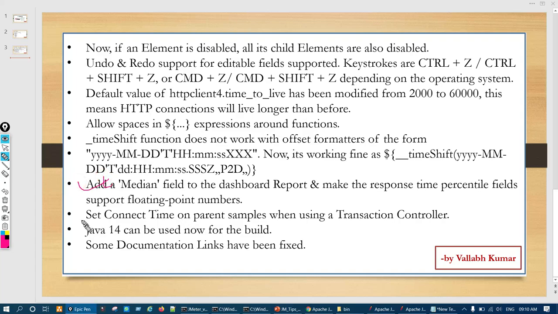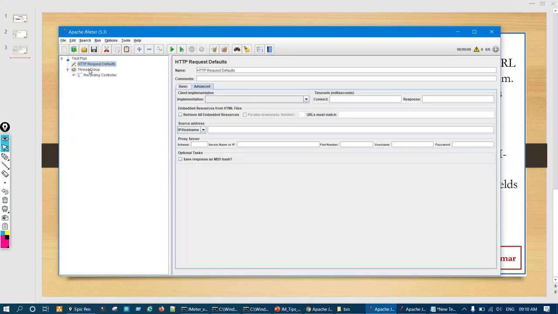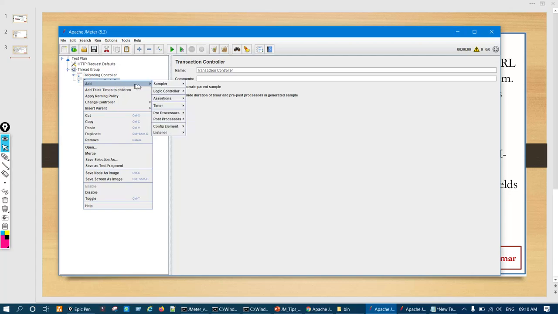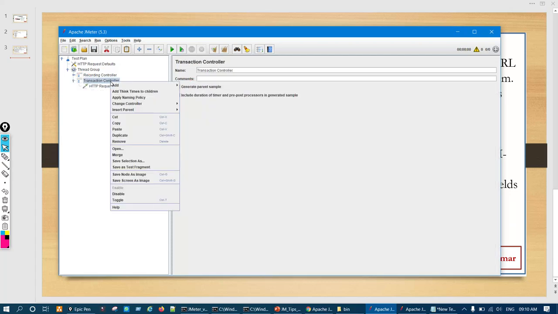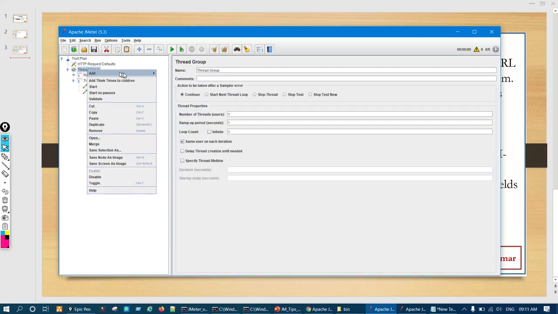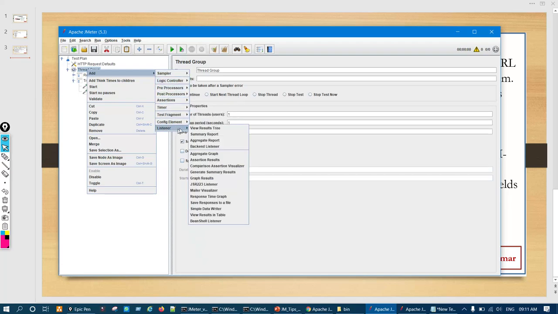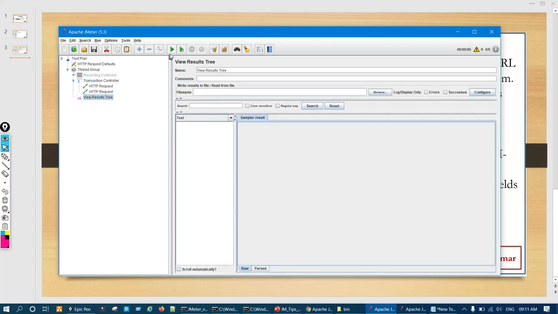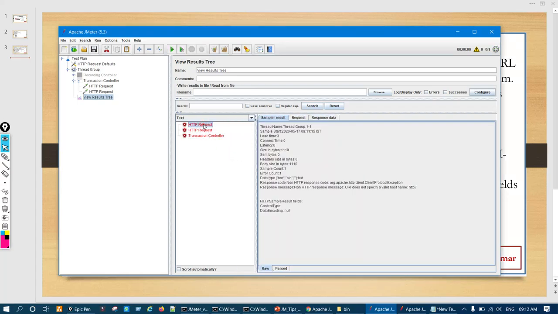Then coming to the next enhancement: connect time on parent sample when using the transaction controller. Earlier, if you had a transaction controller with two or three requests inside it, and I add a listener here and run it, let me make it more accurate.